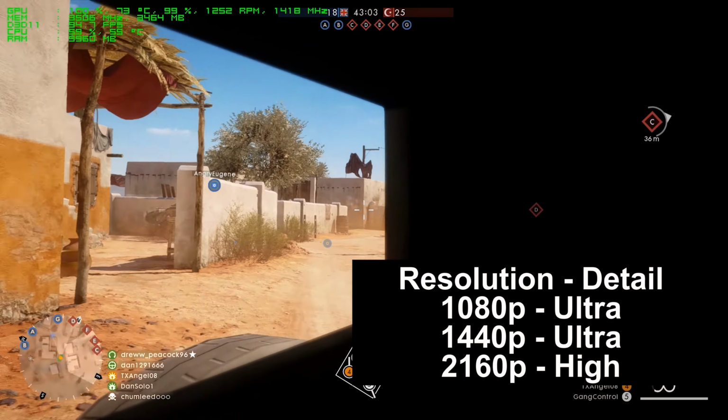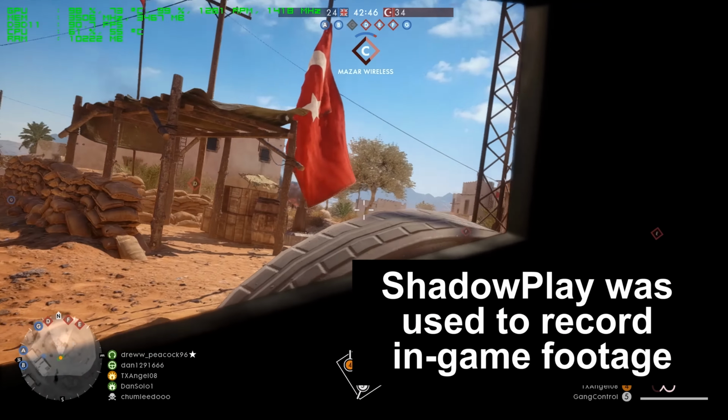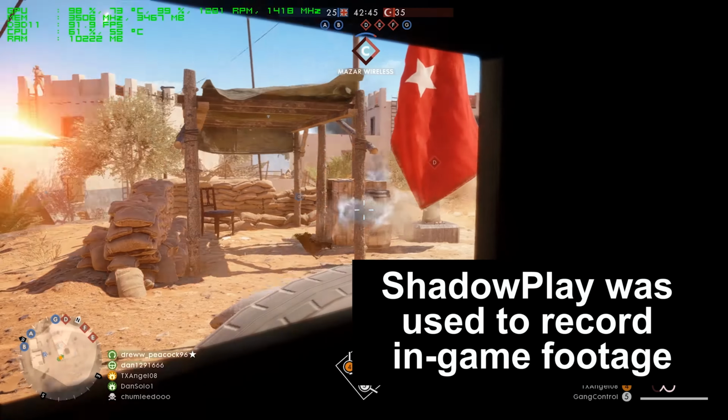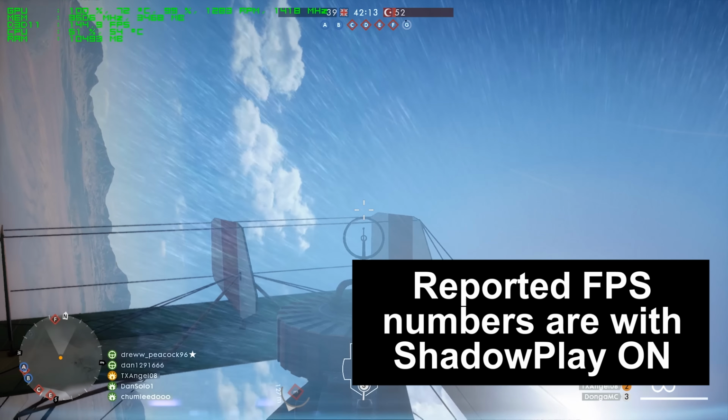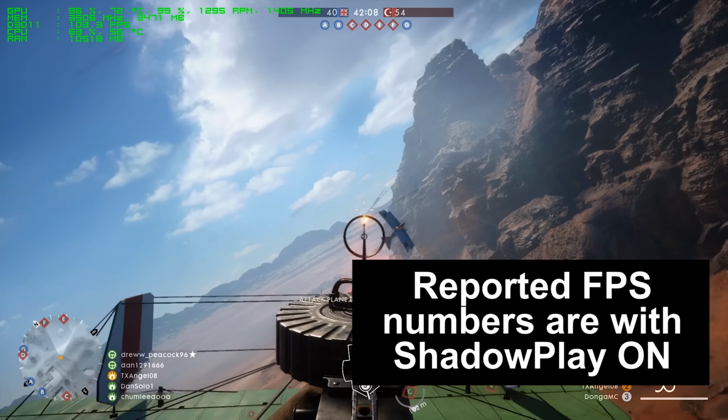Now up front, let me tell you that Fraps was used for the minimum, maximum, and average game performance numbers you will see in this video, and NVIDIA's Shadowplay was used to record the game footage you are currently watching. Please note that Shadowplay reduces overall frame rate by between 5 to 10%. The reported numbers you will see in this video are with Shadowplay on. I have done various testing and I'm comfortable with the 5 to 10% number, so if you wish, you can mentally add 5 to 10% to the numbers you see in this video to see what you'll get without Shadowplay